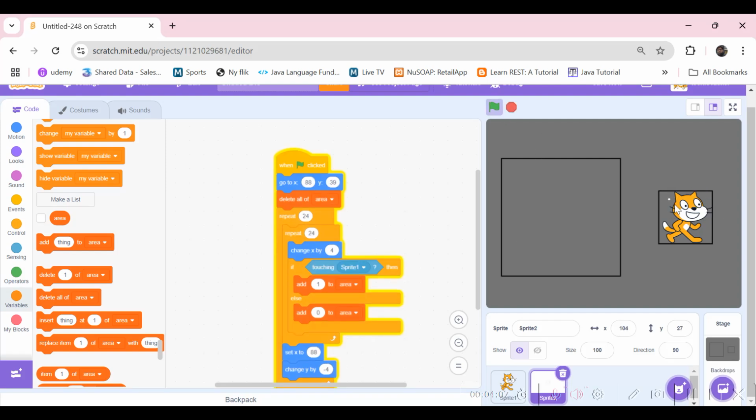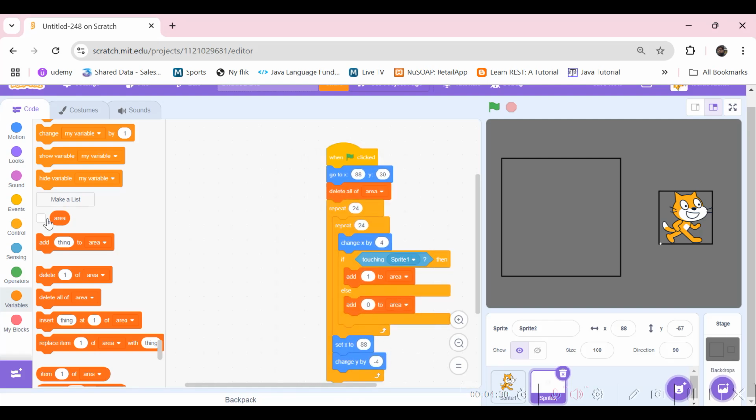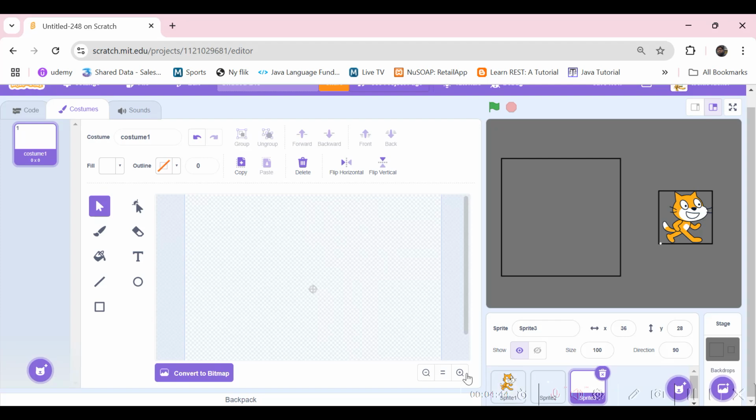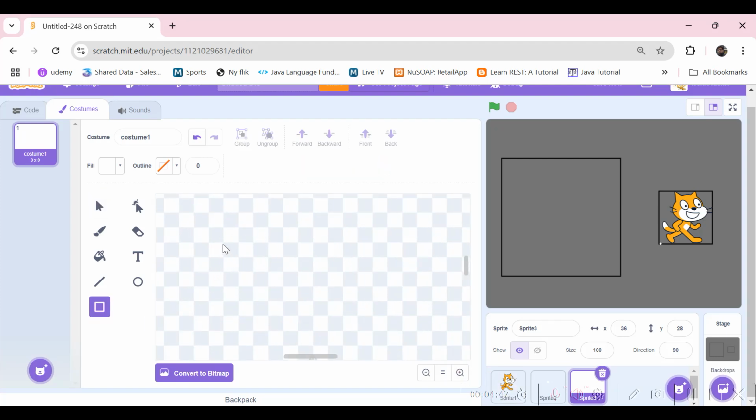So now you can see that the sprite is being scanned like this. And let's see where this ends. This is fine now. So now all the area is in this area variable. Now we need to show the sprite in this big square. So what we'll do is we'll make a new sprite, and this one just need to